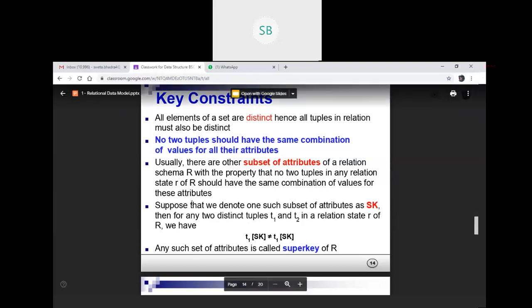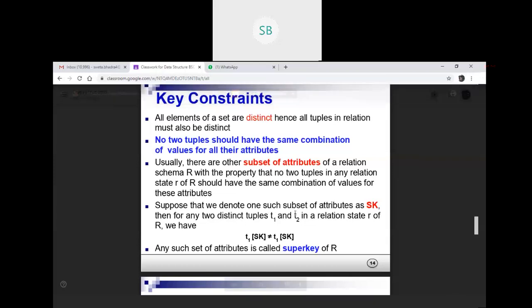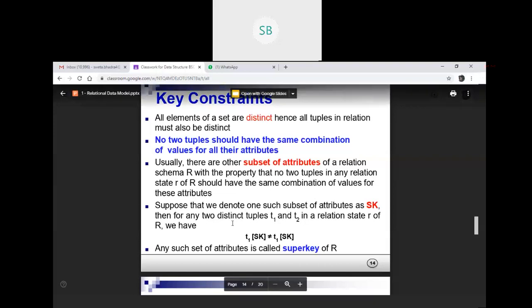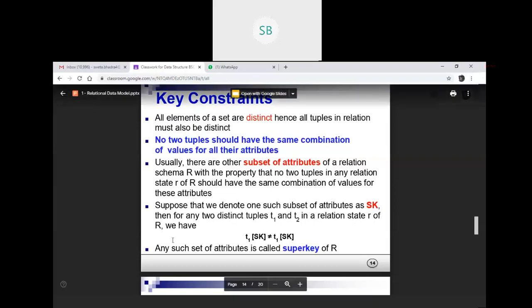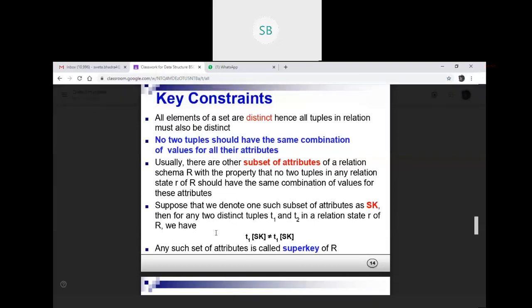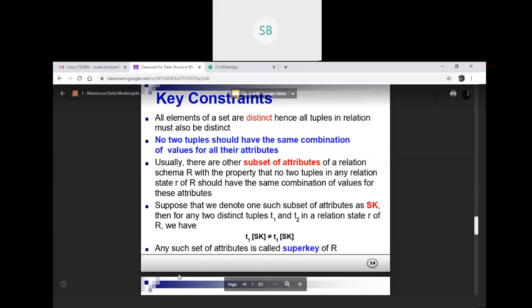Now see what is written. Suppose we denote one such subset of attributes as SK. SK is known as a super key. For any two distinct tuples t1 and t2 in a relation state r of R, we have t1[SK] not equal to t2[SK].